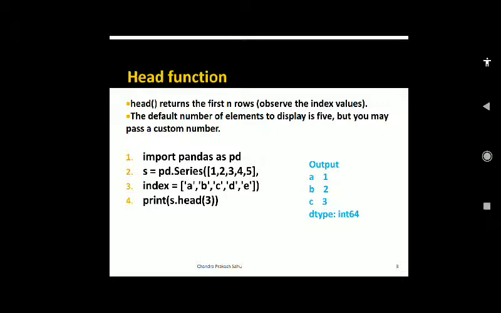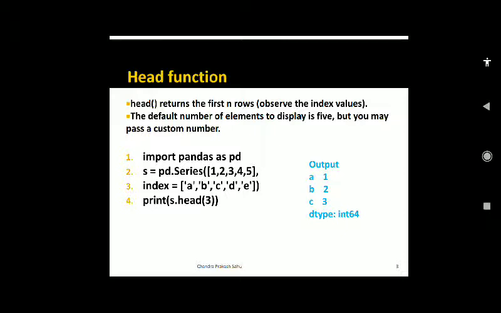From here you can see the example of the 4-line code. S is a series of 5 values, index is a list of values, and to this series function have been passed 1 2 3 4 5, a list of values, and index of values.